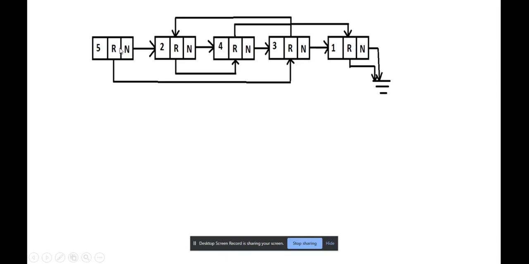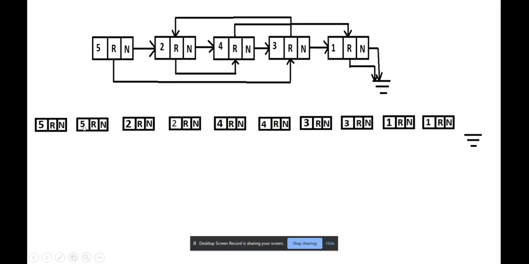We will be assigning a copy node of the fifth node just after the fifth node. That means the next pointer will point to the copy of that fifth node, and this copy pointer will point to the second node. After creating the copy node, the next pointer of the original node will point to the copy node, and the next pointer of the copy node will point to the next node. So it will be a straight connection, and it will look like the new copy node is inserted in between the two original nodes.